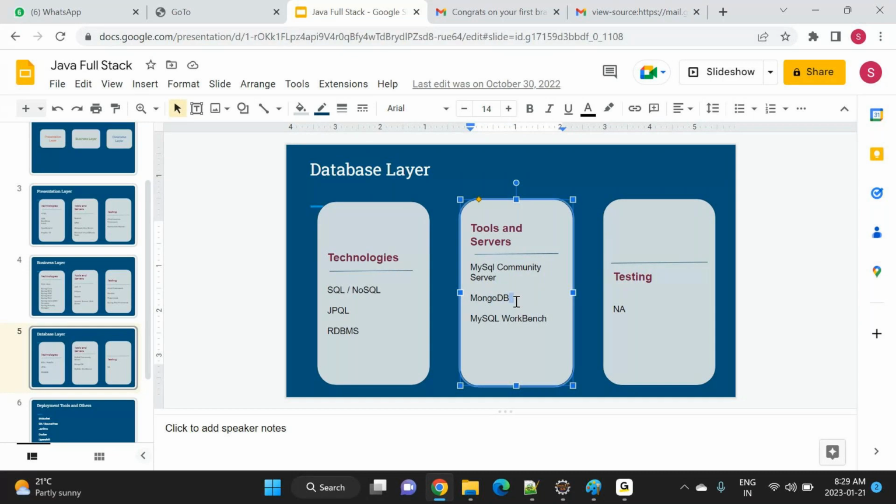If you have memory, that is fine. You can use this server. If you have memory in your system, you can use this MongoDB. But the MySQL community server is different. You need to install this particular MySQL community server in your system, and you have to do everything in this particular community server. Okay, so the technologies we are going to use: SQL, structured query language,